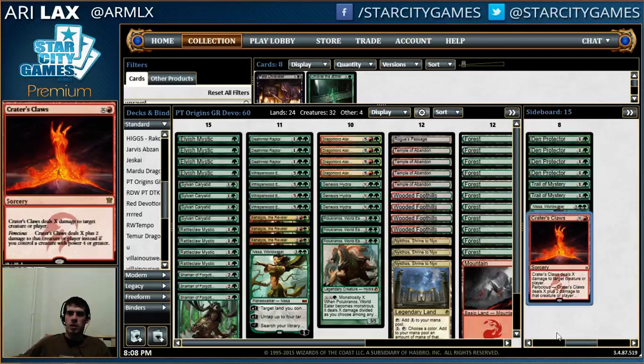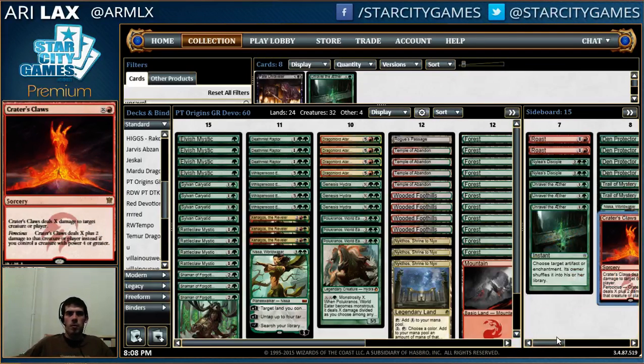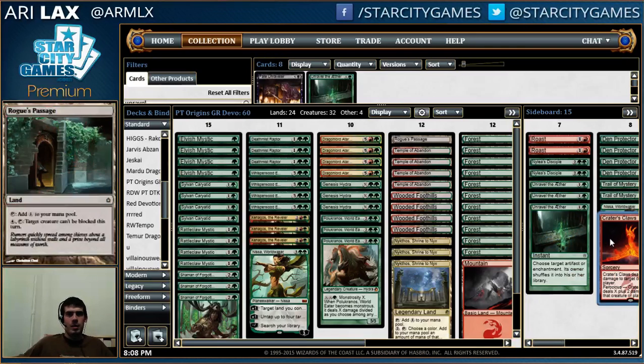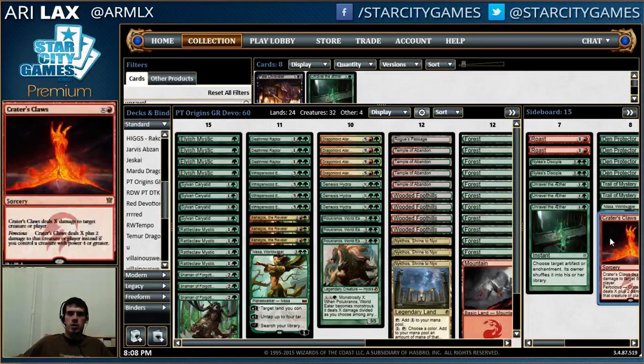It's also really good against Rally the Ancestors because they tend to bog up the board, and at some point you have to sneak through with a flyer or a Rogue's Passage or somehow, and this usually can do the trick. It's also good against Abzan, very importantly, because it clears out, like, if they stick an Elspeth, that's actually